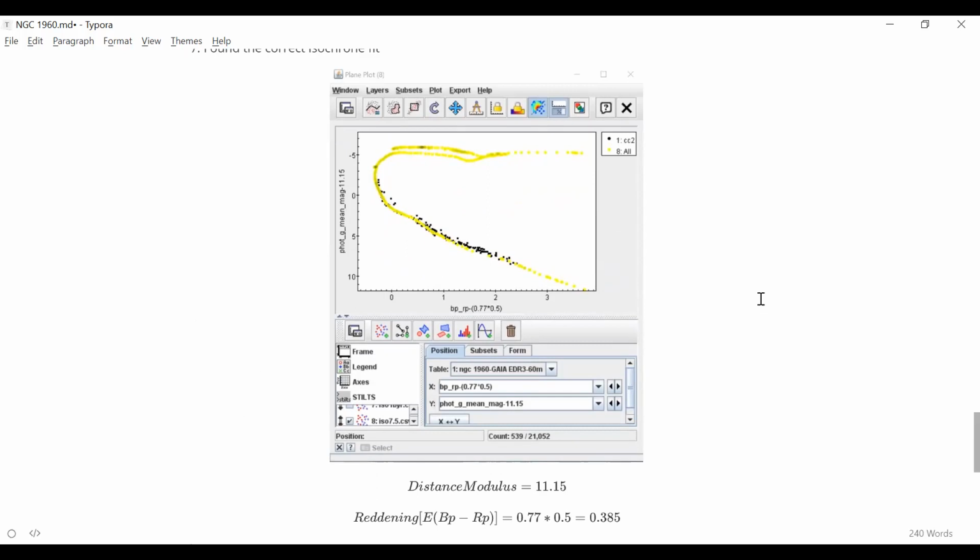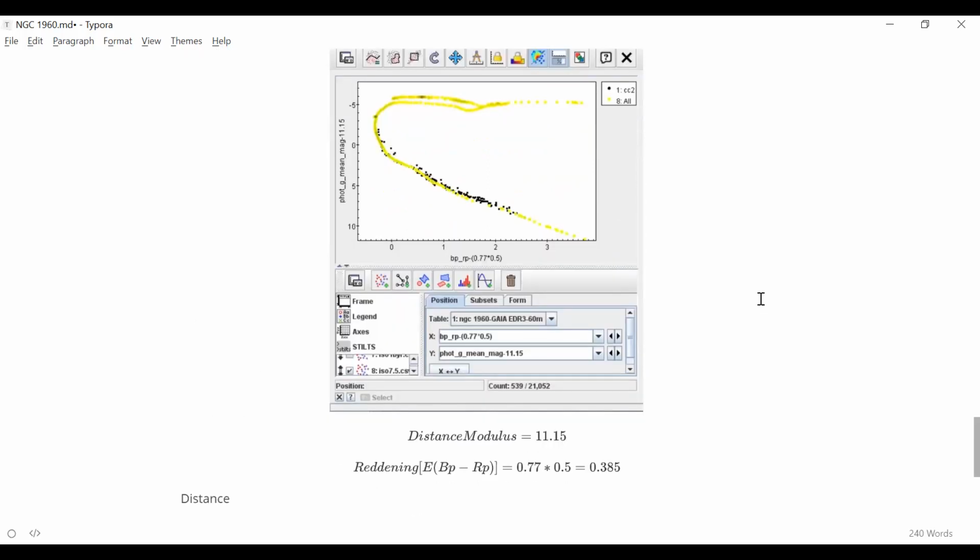You'll have to take the anti-log for that, right? What is the age in the isochrone? 7.5. Ma'am, I took log age 7.5. So you have to take the anti-log for that. Okay, fine, doesn't matter. You keep it as that.